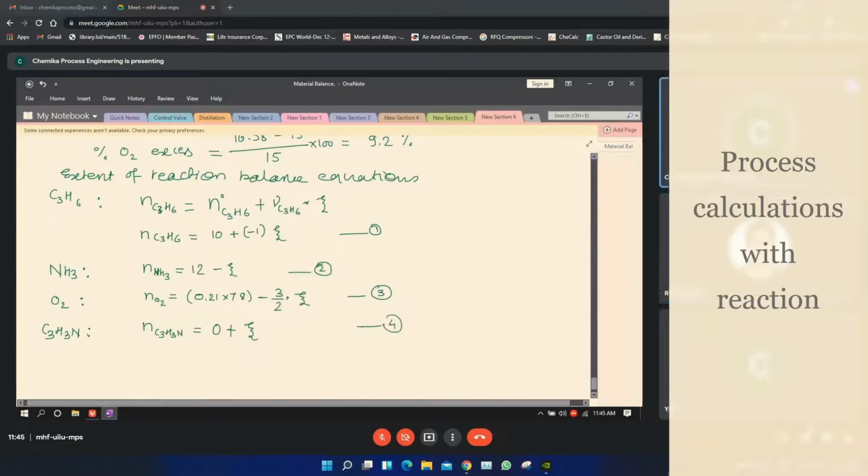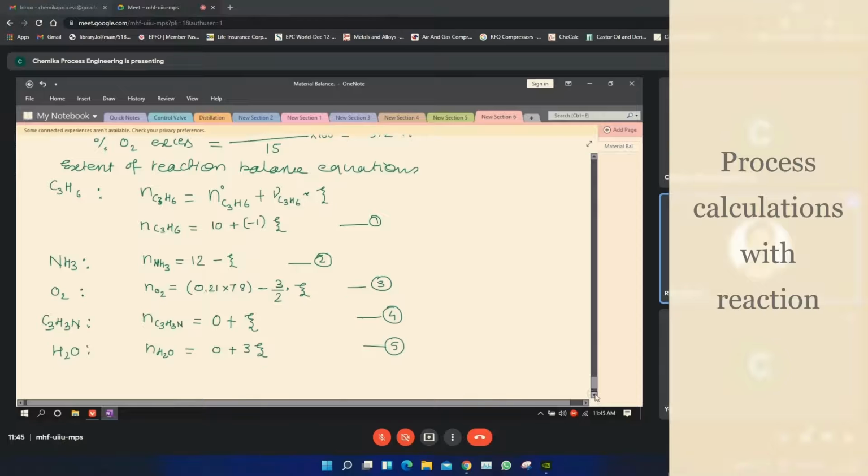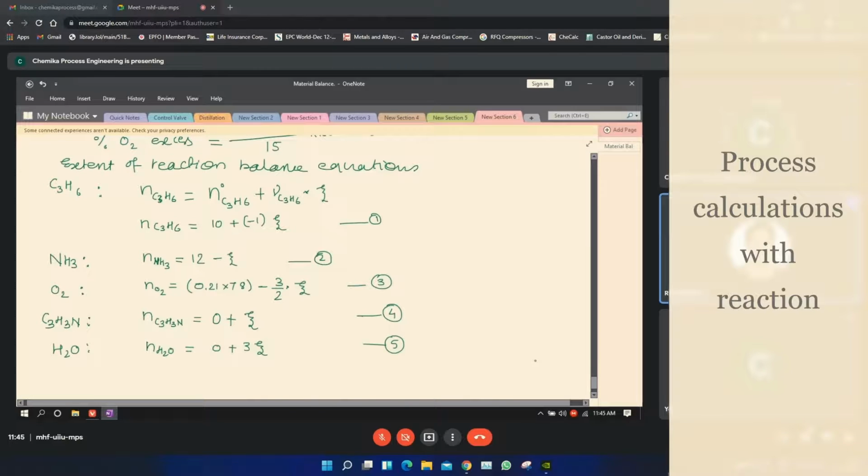This will be equation 4. For water also you can write in a similar way. Stoichiometric coefficient is +3. Now we have equations 1 to 5,